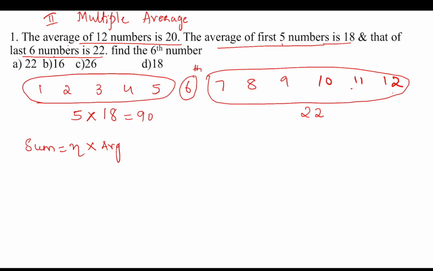So what is the sum? Sum is average into number of entities. Number of entities are 6, so 22 into 6 is 132. So we know the sum of last 6 numbers and first 5 numbers. When I subtract the sums, I will get the sixth number. So the sixth number is equal to 132 minus 90, which is equal to